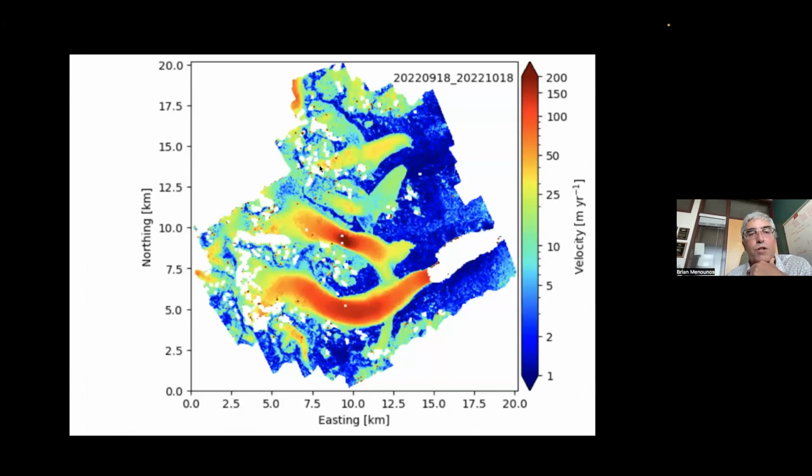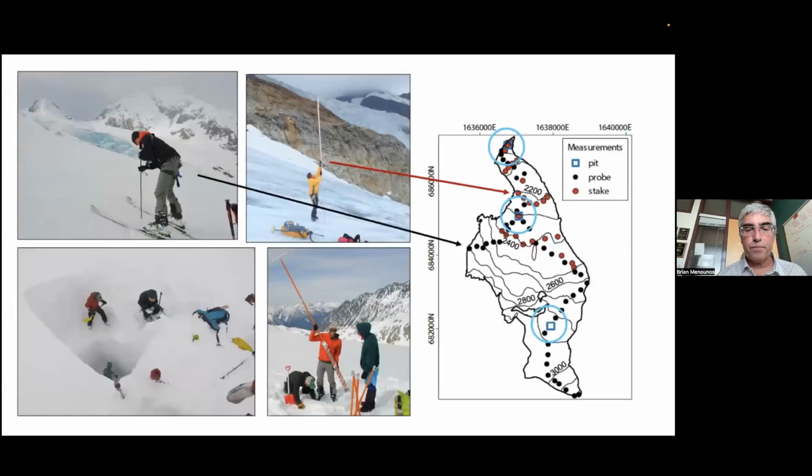And so what you can do is you can actually use these data to map how fast the glacier is flowing, the surface velocity. So this just shows, between that roughly month time period, what the velocity is in terms of meters per year. Not surprisingly, the fastest flow, the one I just showed you, was right here. Here's Bridge Glacier. And you can see that the fastest flow tends to be in the middle part of these glaciers and away from the edges, largely supporting what we would model from a theoretical standpoint.